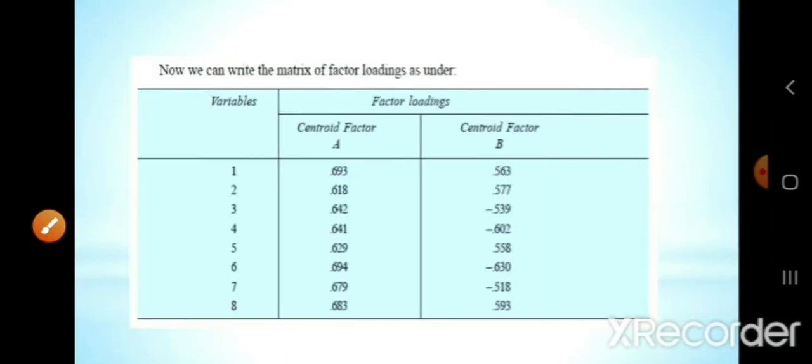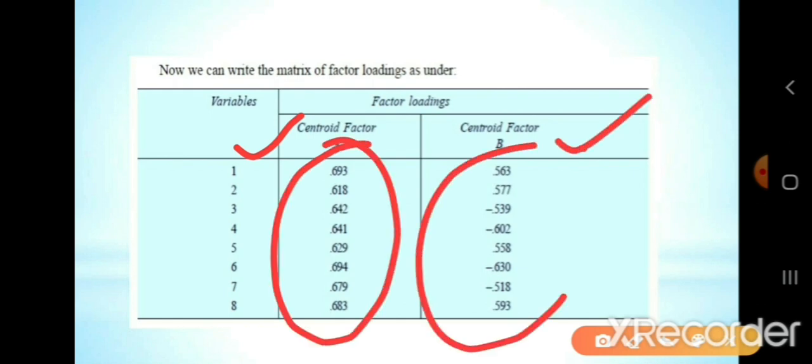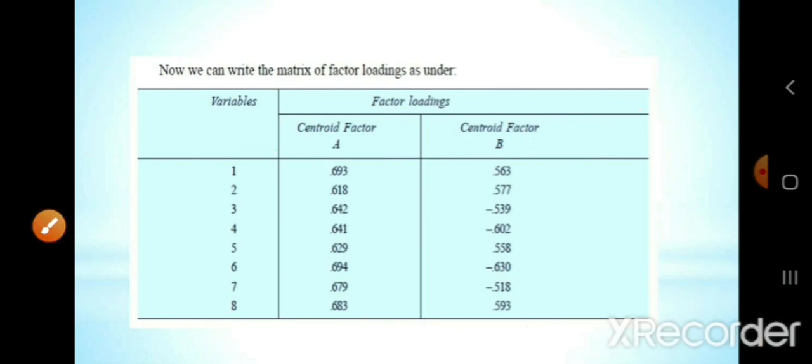So this is the final matrix of factor loading, for centroid factor A and centroid factor B. This is the complete loading. So now we have calculated all the factors. Now we will calculate the commonality and eigenvalues. The commonality is calculated by